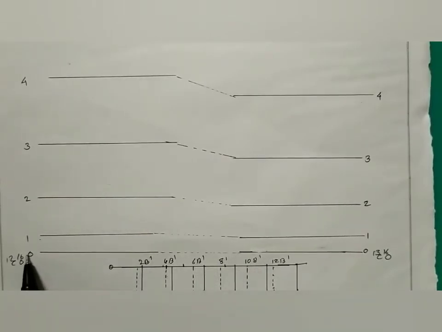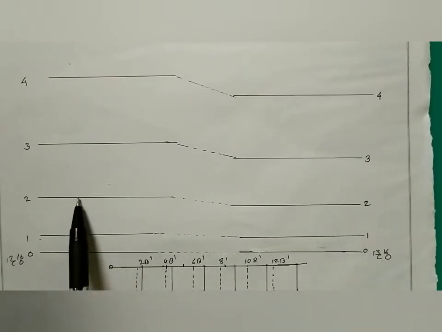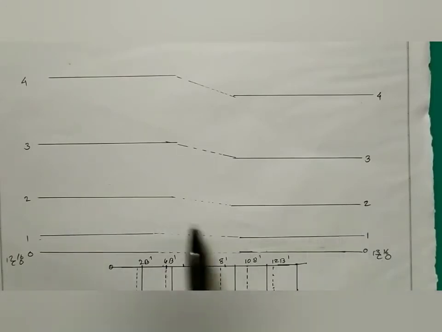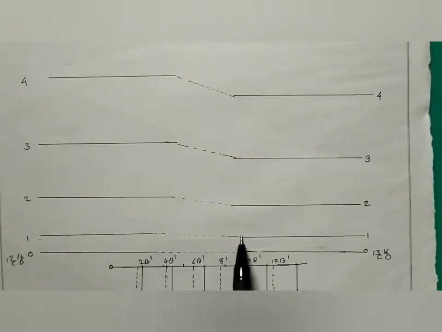The energy level J equal to 0 has almost the same energy, but when we move to the first energy level, that is J equal to 1, this is 2B. Now this is 2B for this carbon monoxide and this is 2B dash for this carbon monoxide. Now this is for the next energy level, J equal to 2. There is a small decrease.